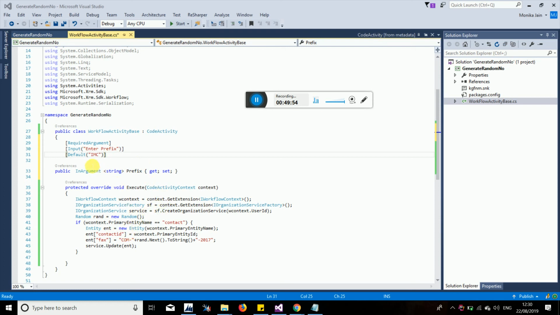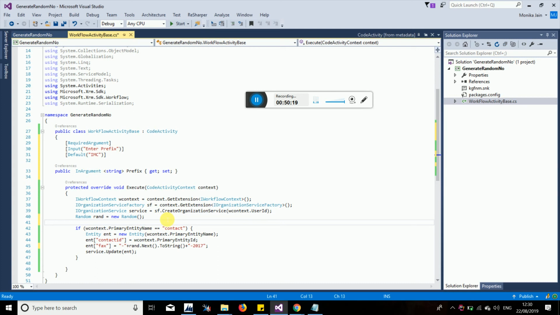Here now we need to get this value, right? So you can write here instead of this, here you can retrieve this prefix.